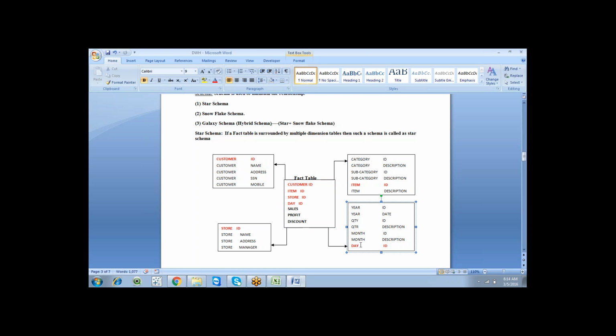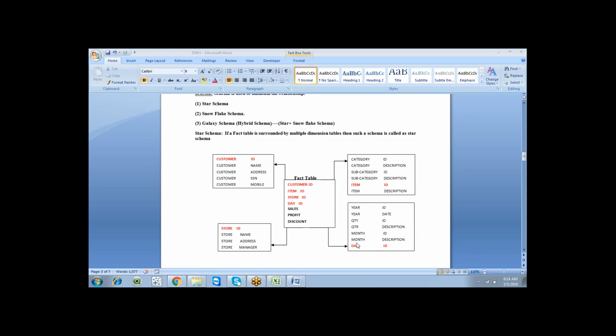And here you can see this is another primary key. So I place day level, so day to month, month to quarter, quarter to year. And we have store related information. I place store ID, and we have customer related information, so customer and store ID.